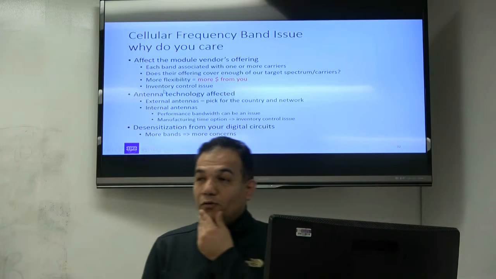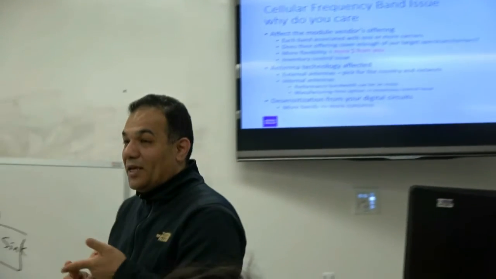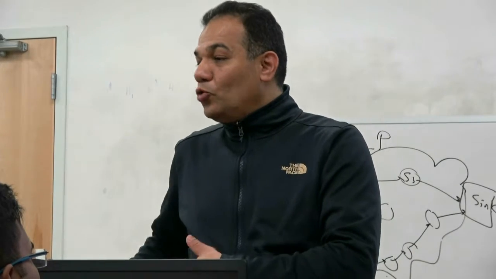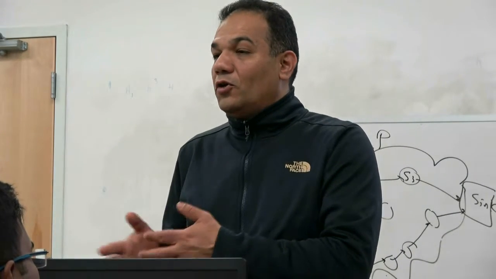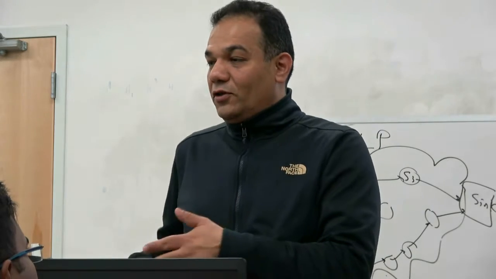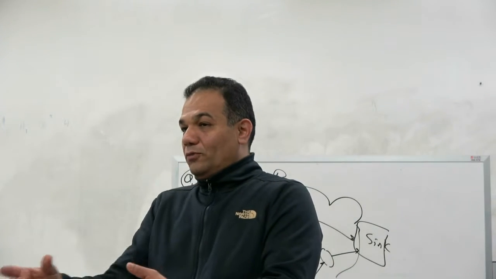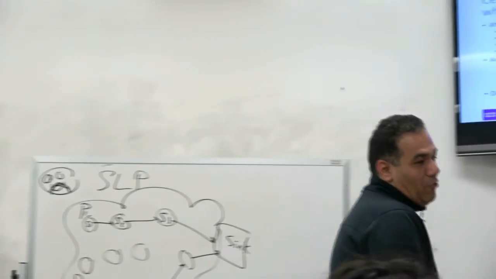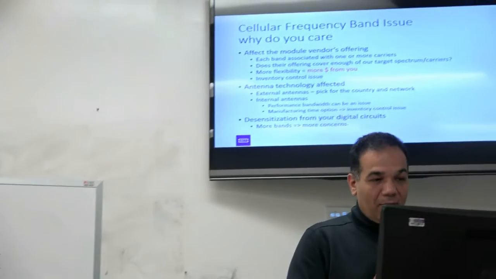In many countries, people don't use one carrier. They use a phone with 2 or 3 GSM SIM cards, right? Because when you call from one company to another company, it's very expensive. In this country, you maybe cannot even buy a cell phone that has 2 or 3 SIM cards, but in many other countries you can. Those phones would be more expensive than one with one SIM, right? So think about it this way: the more flexibility you have, the more money you're going to pay.